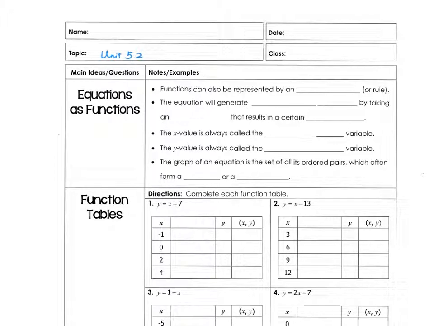Okay? Some concepts first. Equations as functions. In the previous unit, we talked about functions being a special kind of relation where for each x input value, we have only one output value, and we use the vertical line test to evaluate that. Now, in this unit, we're going to learn a function can also be represented by an equation, and the equation will generate ordered pairs